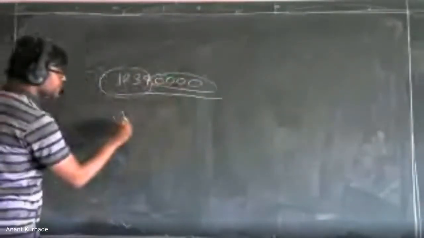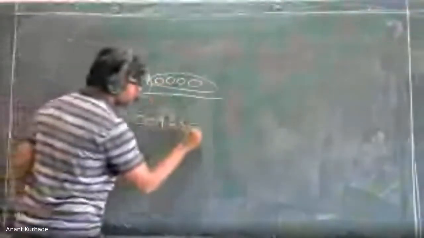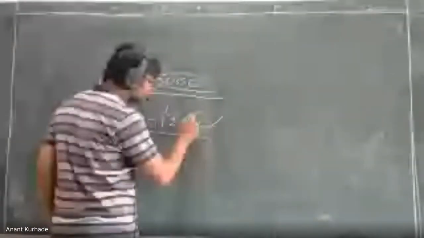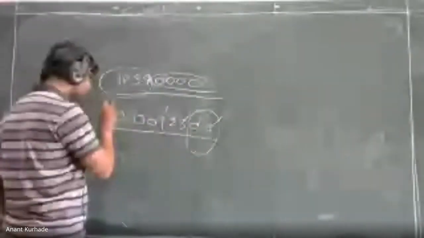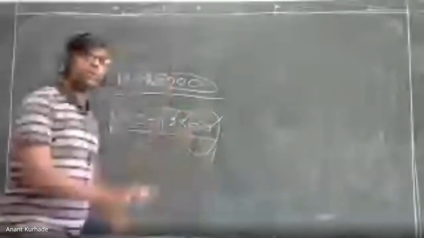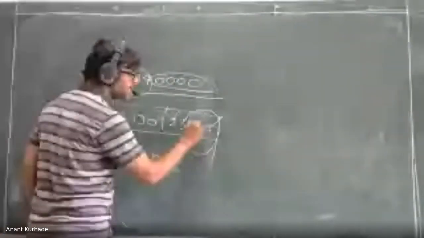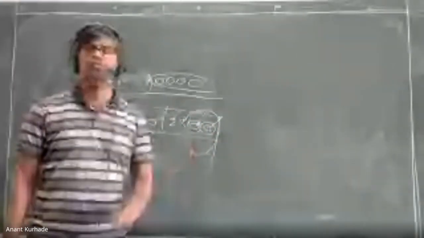If we have the number 0.001 0, 0, how many significant digits does this number have? 1, 2, 3, 4, 5. Yes, we know these zeros have no value, but you have to consider them if they are given in the examination. Don't write it as 0.001 with 3 digits, but these zeros are given in the exam, so we have to consider them. You can have such a question for 1 mark in the GATE examination.